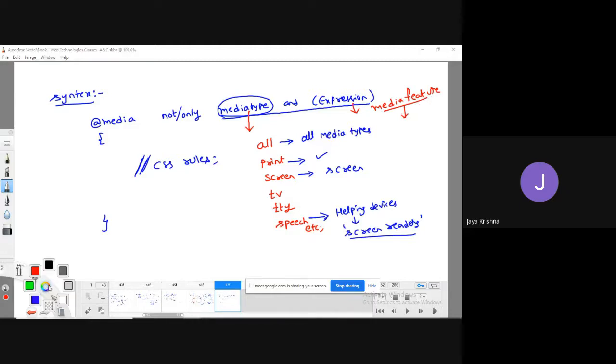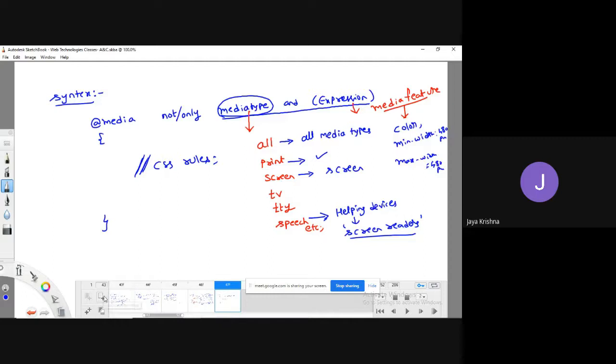For example, we can define whether the screen device is colored or not. If it is colored, we'll execute this block. If it has a minimum width of 480 pixels, then it has to execute this statement. Or if it has a maximum width of 480 pixels, then we need to execute this one.